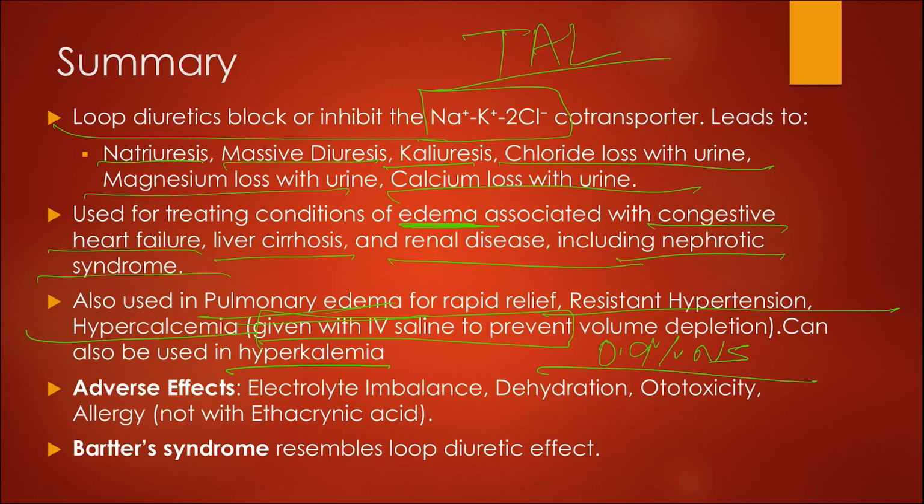hypovolemia. So talking about the adverse effects, it can cause electrolyte imbalance, dehydration, ototoxicity, and allergy, particularly with furosemide and torsemide, but not with ethacrynic acid, because it is not a sulfa derivative. Then we discussed Bartter syndrome, that the effects resemble those of chronic loop